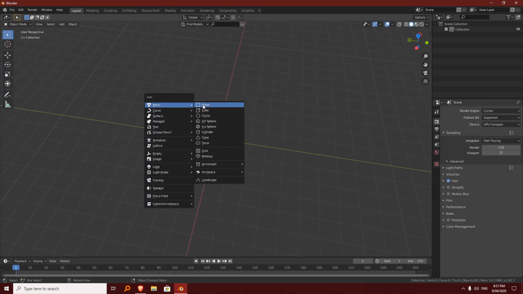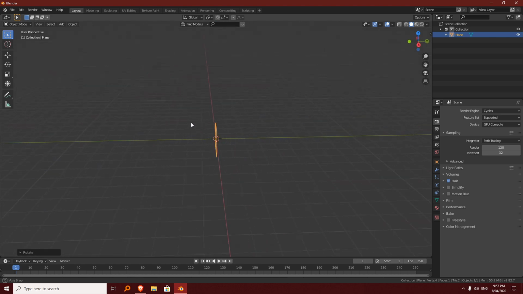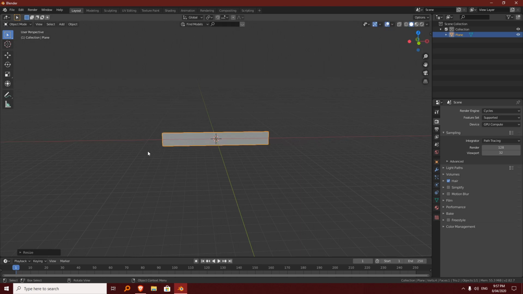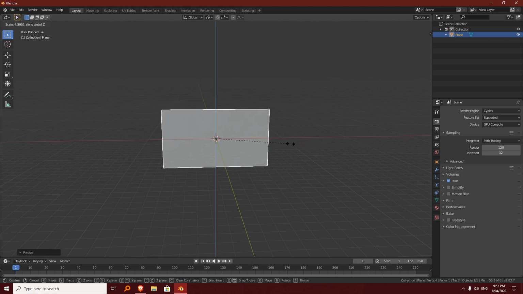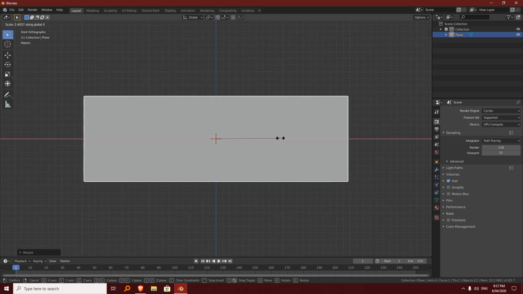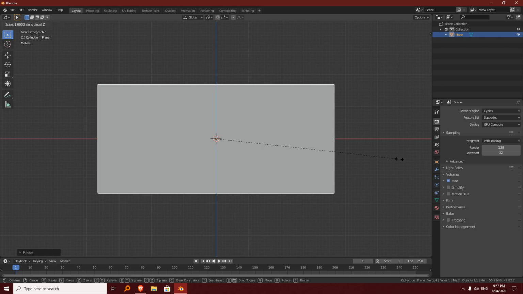Alright, so first things first, I'm going to start off just with a plane here, and I'm going to rotate it on the x-axis 90 degrees. If I press 1 on my number pad, we can go to our front orthographic view. We can see our square, and I'm going to press S, then X to scale on the x-axis, and then I'm going to press S and Z to scale on the z-axis. We'll go back to our front view, so you can see we get a bit of a rectangle. Scale that down a bit on the Z,